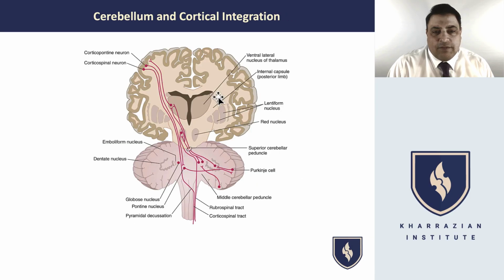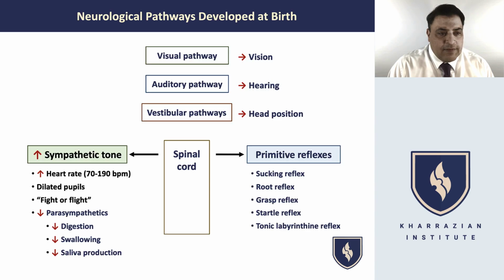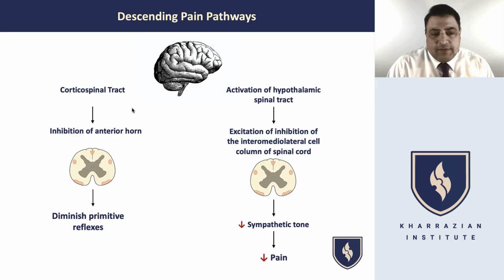So as the brain starts to develop, and the cortex and different regions of the brain start to fire into the brainstem and spinal cord, some changes in these basic reflexes will start to take place. First of all, as the corticospinal tract starts to develop and a child starts to walk and move, usually around six months to, for sure, by the second year of life, these corticospinal tracts start to